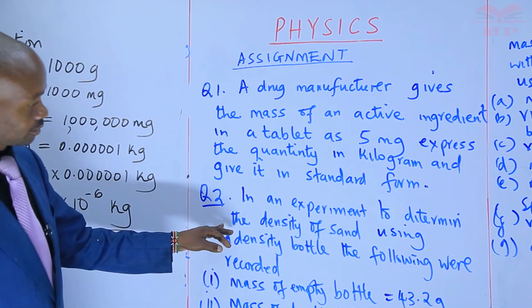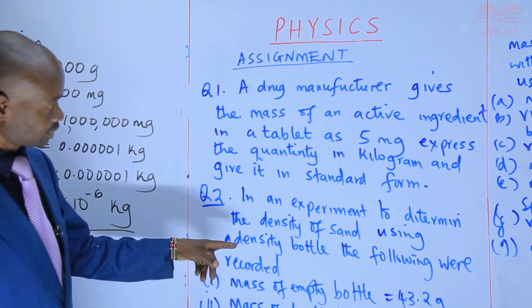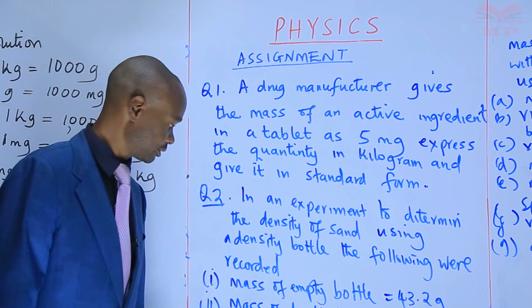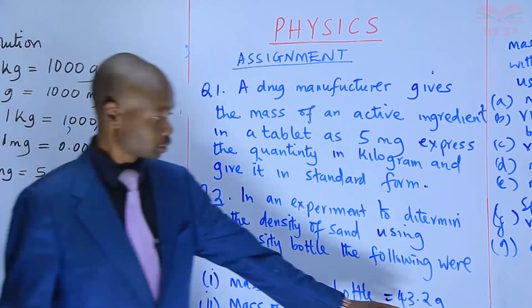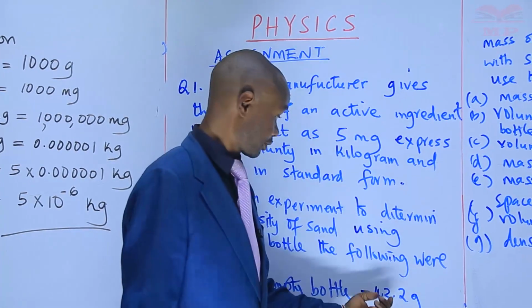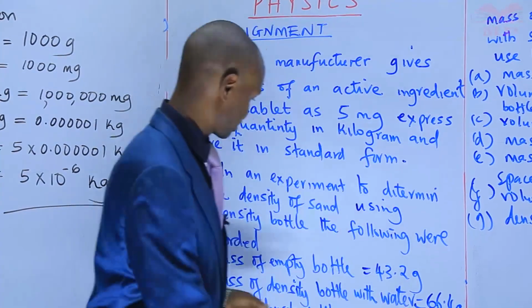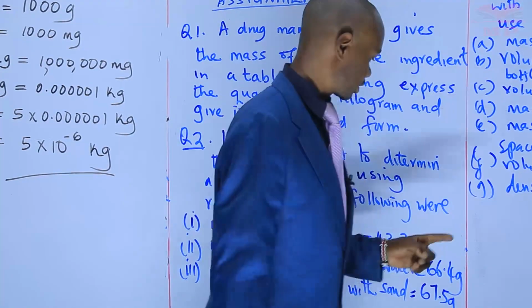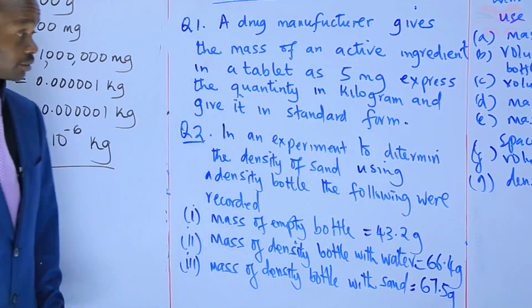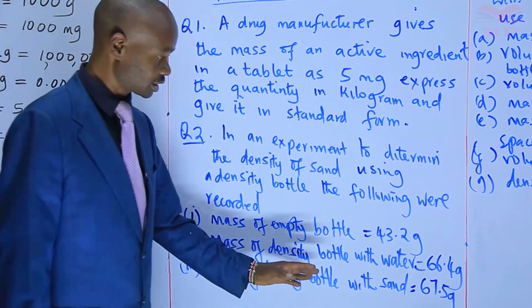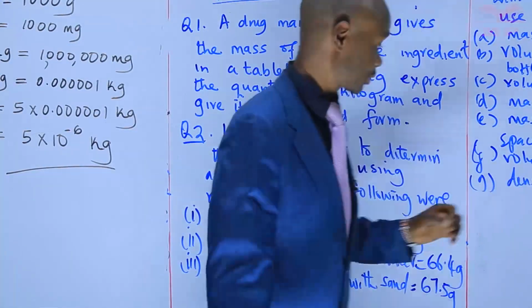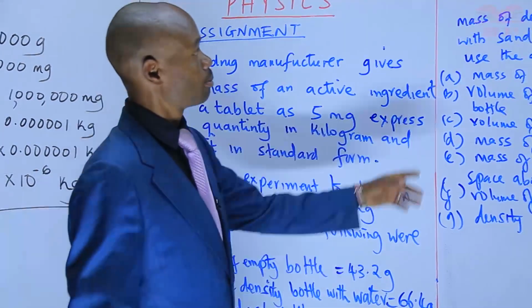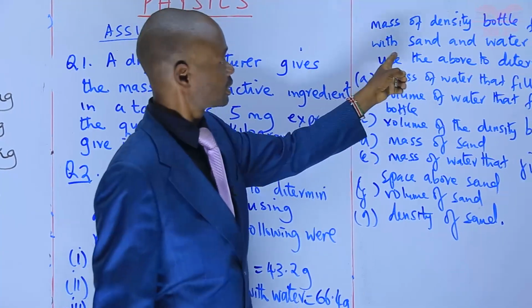So in an experiment to determine the density of sand using a density bottle, the following were recorded. The mass of the empty bottle was given as 43.2 grams. Mass of the density bottle with water was given as 66.4 grams. Mass of the density bottle with sand was given as 67.5 grams. Mass of the density bottle filled with sand and water,